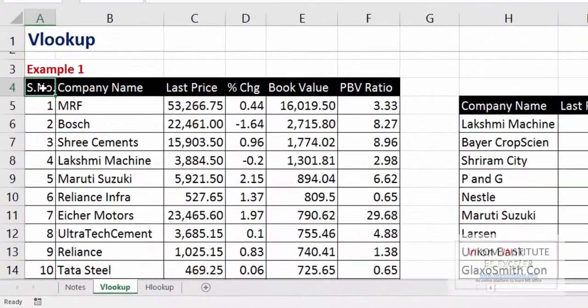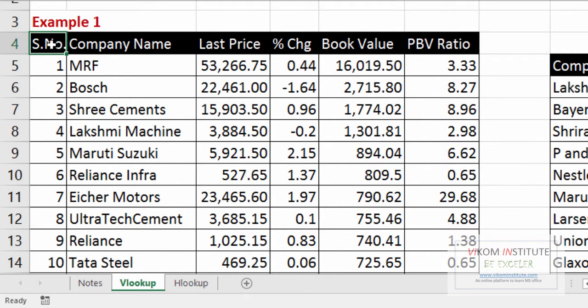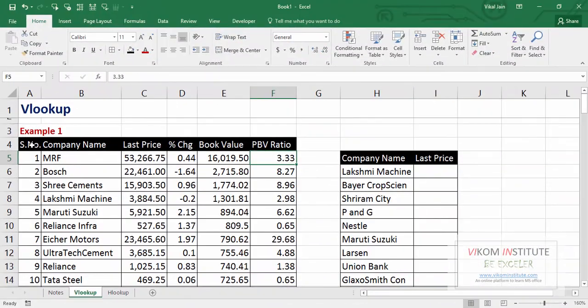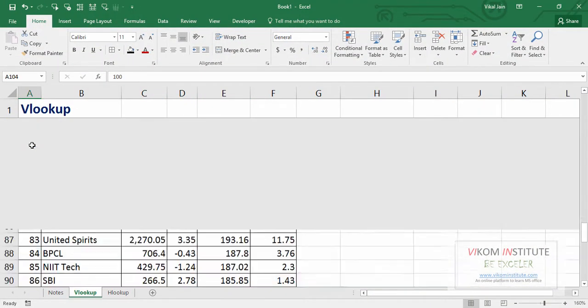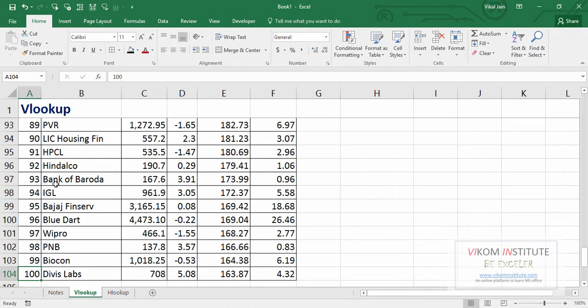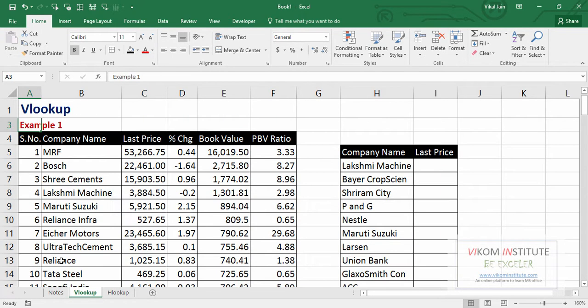So here is my rough data. See, here is the serial number, company name, last price, percentage change, book value, PBV ratio. You can check, here are 100 names. Now my boss has given me a task. See, here is Lakshmi Machine. What I need to do is find out the last price of